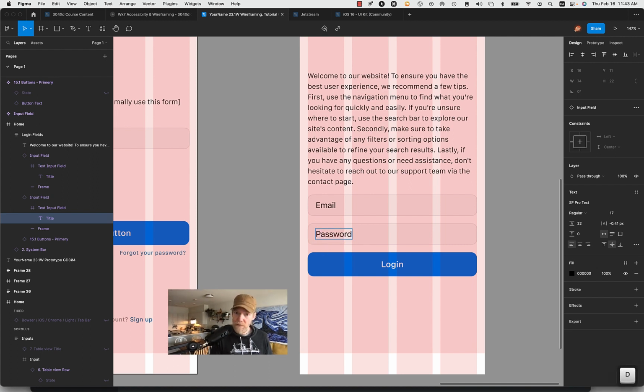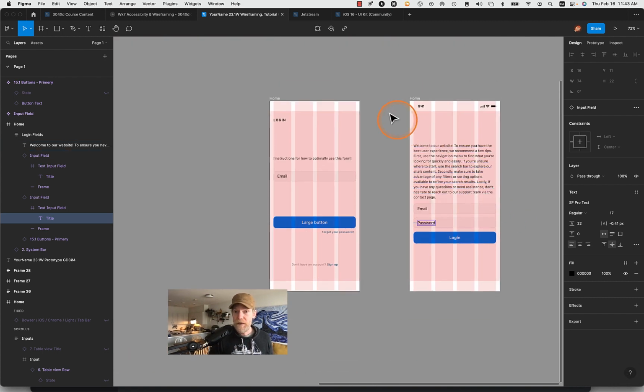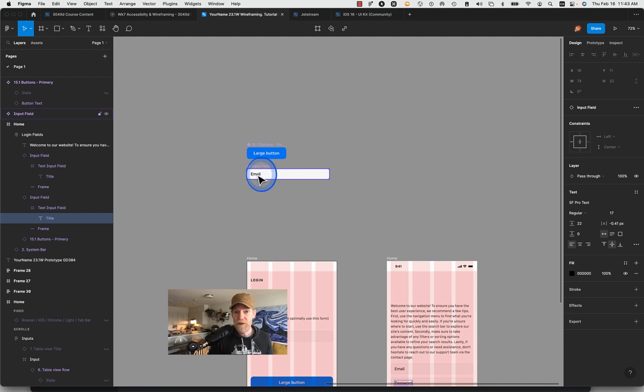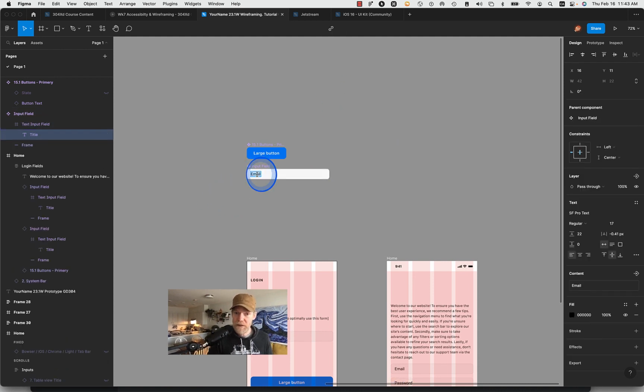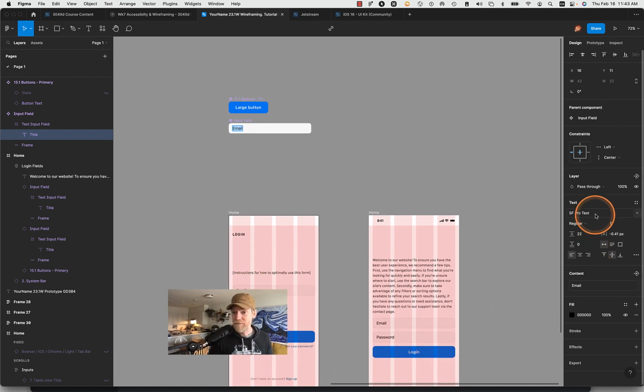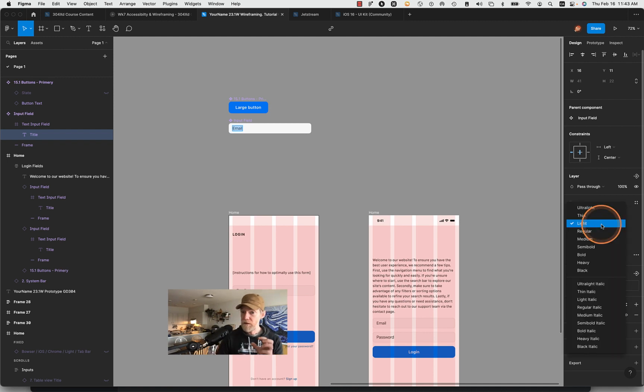So again, the content of instances can change, and it won't affect the master component. So I can go here to my master component, and let's say that I'm not crazy about this weight. I want to make it a little bit heavier or a little bit lighter. Well, I can do that. I can go in here and say, okay, let's make this light. Or even, if I want to look at a more advanced idea,